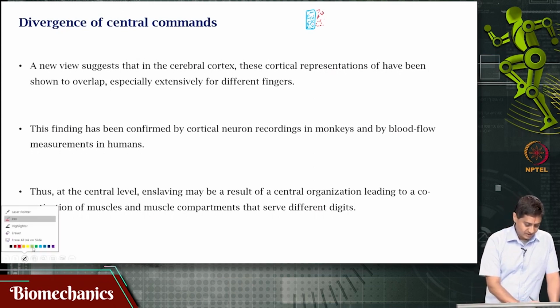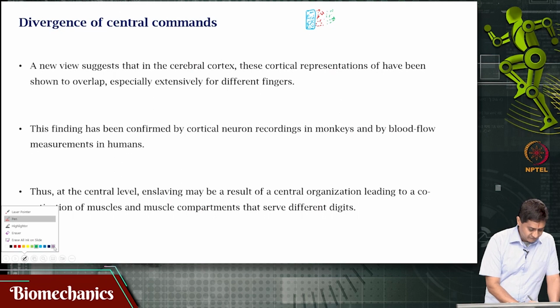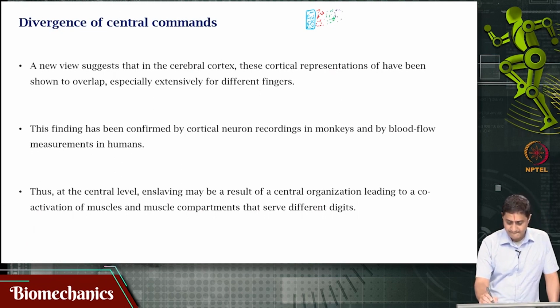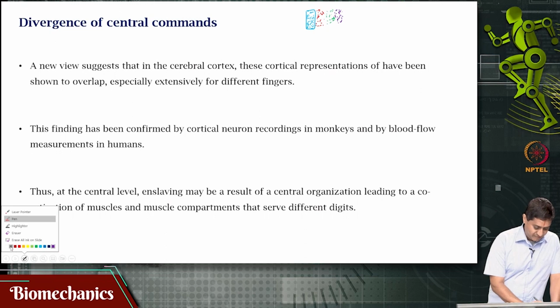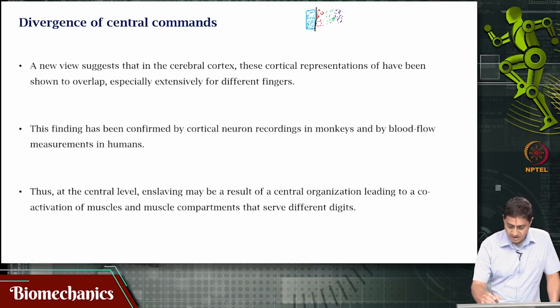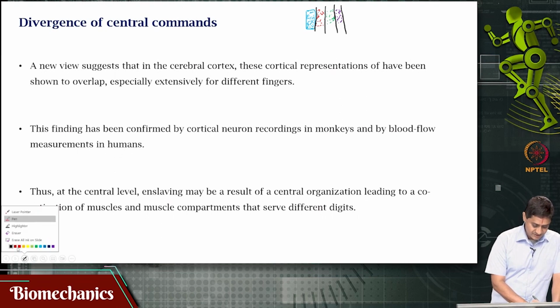Then I have the ring finger neurons in bright green. Then I have the little finger neurons in purple. This appears to suggest existence of some form of boundaries between them. There is a boundary here, there is a boundary here, there is a boundary here, and there is a boundary here. This is what is suggested by the homunculus model. But what is actually present is not this. What is actually present is